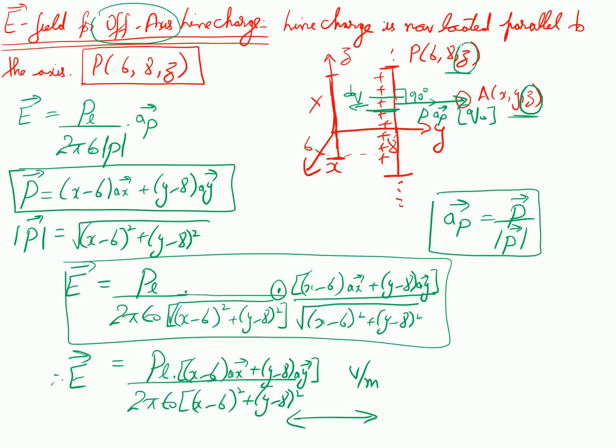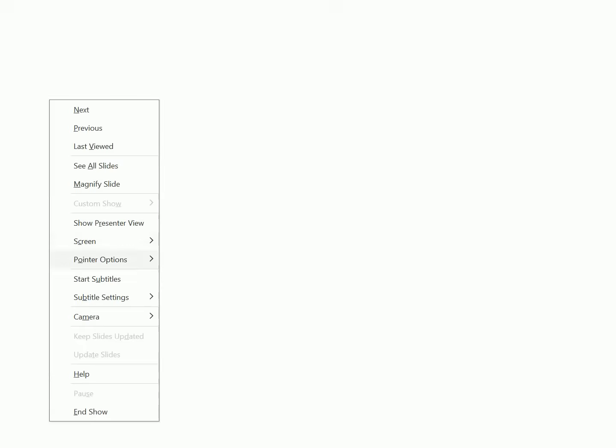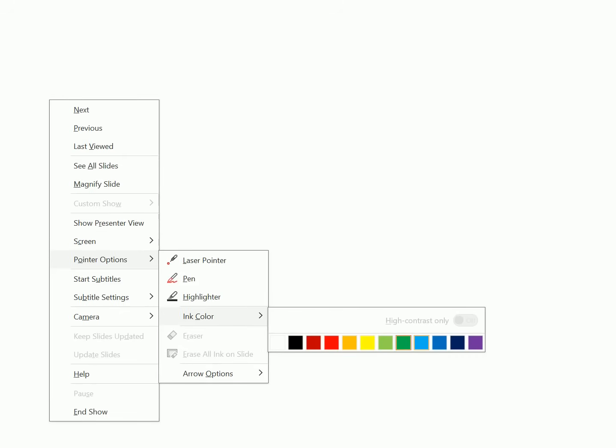So now let us look at some of the numerical problems and see how we can find the line charge distribution of different charges. So we start with the first question, and we want to know how we can solve it. So let's say the first problem at hand is a very basic problem that is going to be applied directly to the given data. So let us say we have uniform line charges distributed. Let me try to make certain columns out of this. So I have a uniform line charge,